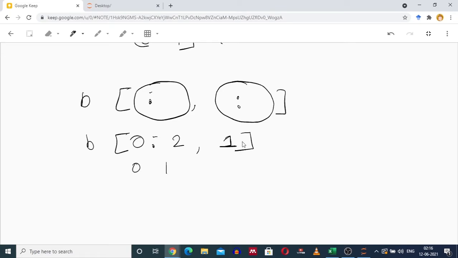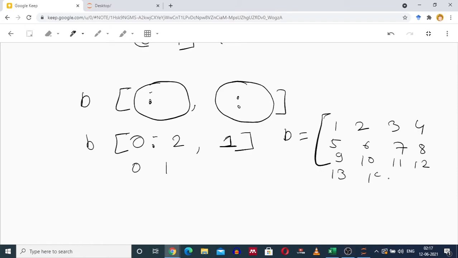Moving to the array, B has elements 1, 2, 3, 4, 5, 6, 7, 8, 9, 10, 11, 12, 13, 14, 15, 16. Now you want the elements of row 0 and row 1.